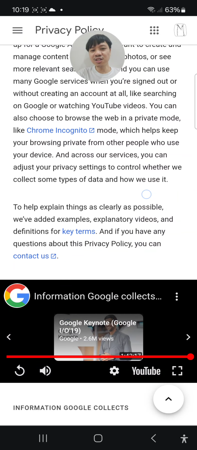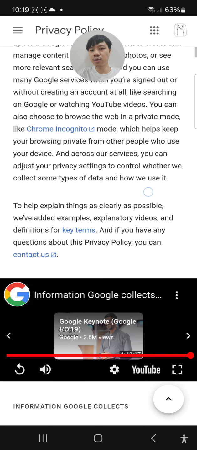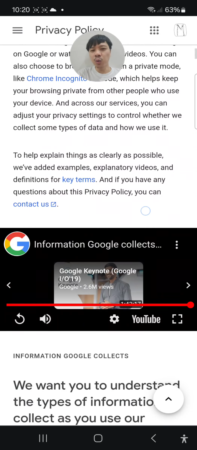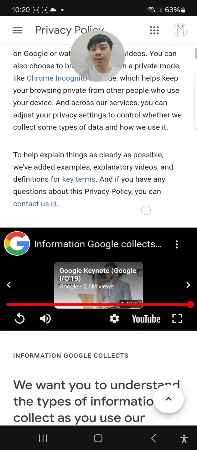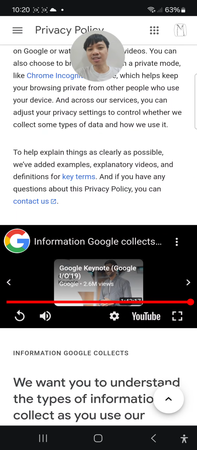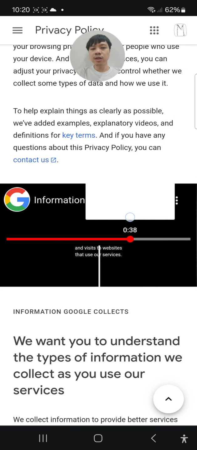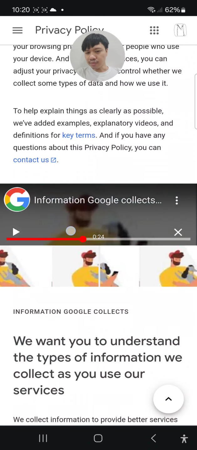And across our surfaces, you can adjust your privacy settings to control whether we collect some types of data and how we use it. To help explain things as clearly as possible, we've added examples, explanatory videos, and definitions of key terms. And if you have any questions about this privacy policy, you can contact us.